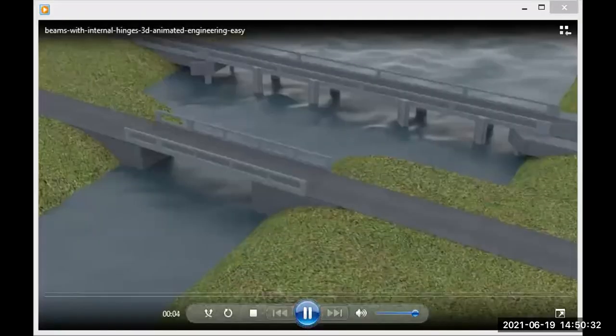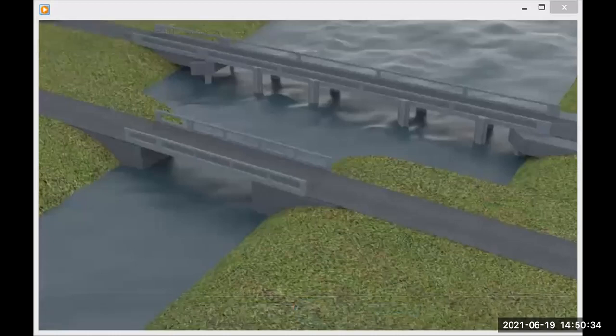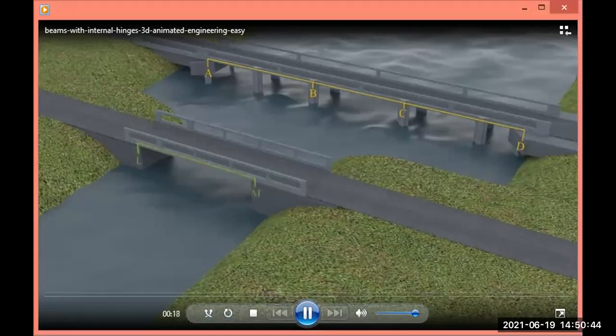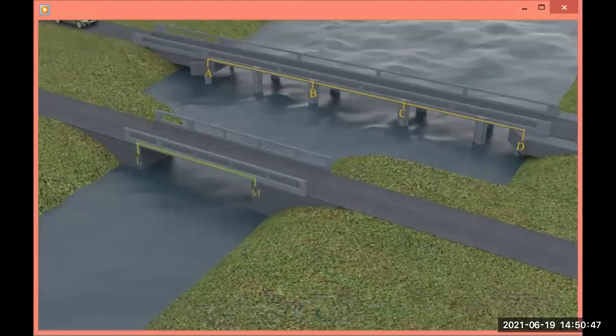To know the concept of statically determinate and statically indeterminate beams. Consider two bridges as shown. One is a continuous beam bridge ABCD, whereas the other is a simply supported beam bridge LN. Suppose two cars of weight W1 and W2 approach each bridge and stop at midspans.